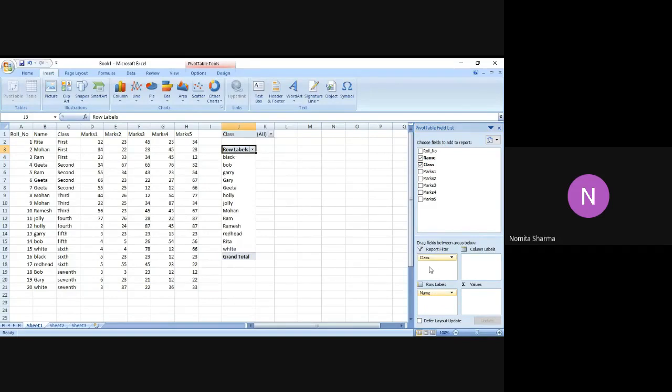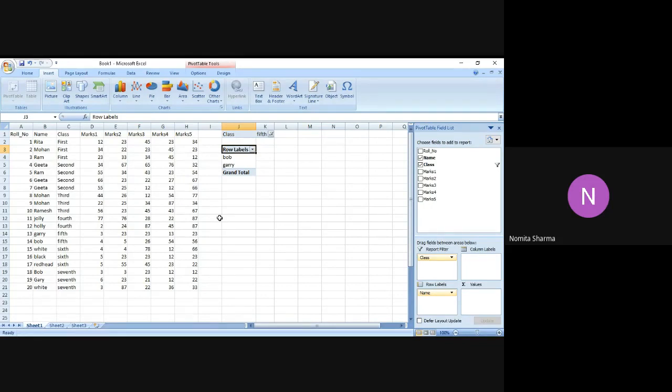report filter accordingly, right? So if you see the first table is over here and the filter box has appeared at the top of the class. So if I just select say 5th, you will see that only those students who are there in the 5th class will be appearing over here. That is Bob and Gary. And I can also check this from this table, and that is the reason I wanted to have the pivot table along with my master table, just to check the result which I'm getting in the pivot table.